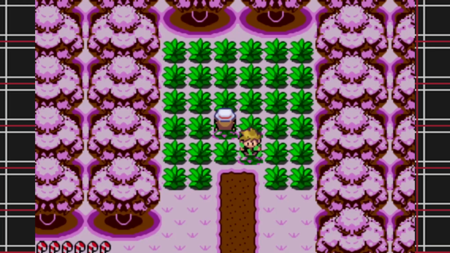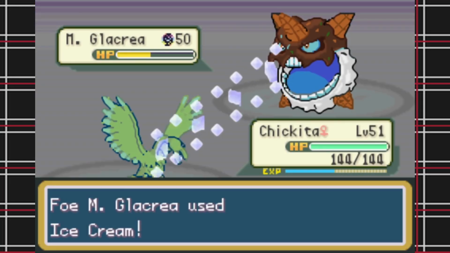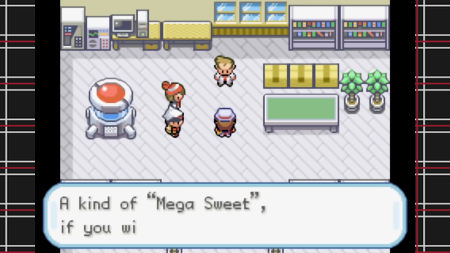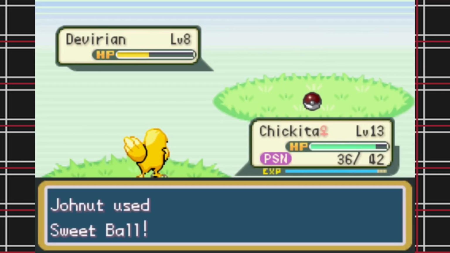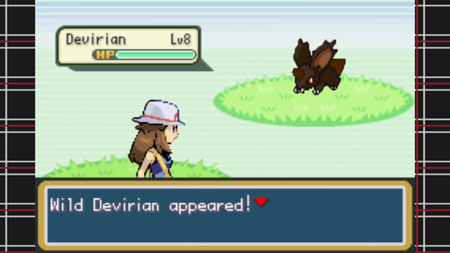Since this is a post-Gen 6 Romhack, Mega Evolutions are a thing in this game, and this is actually why Sack of Rum sent us on our journey to begin with, so we could look into the Mega Poké-Sweet phenomenon. After escaping the forest, I got to Route 2, where I caught a Deviran because Nidoran male was the very first Pokemon I ever caught, and I had this huge wave of nostalgia wash over me when I saw this